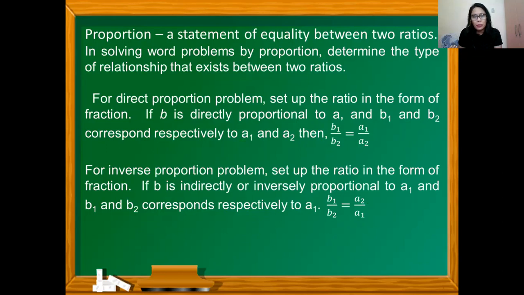On the other hand, when we say it's inversely proportional or indirectly proportional, take note that B sub 1 is equal to A sub 2 over A sub 1. Okay. Now for directly proportional, if for example A increases, B increases as well. Now in the case of inverse proportion, while one variable increases, the other variable decreases. Okay. So for example,